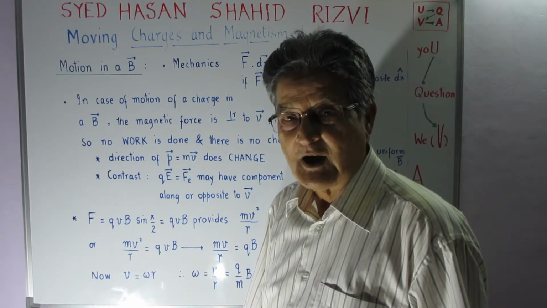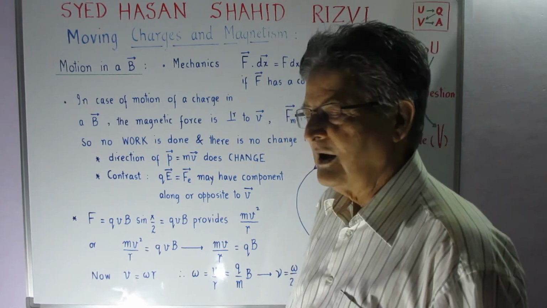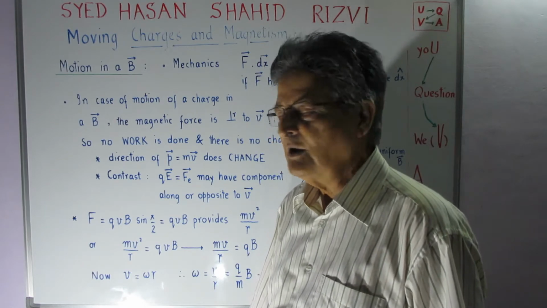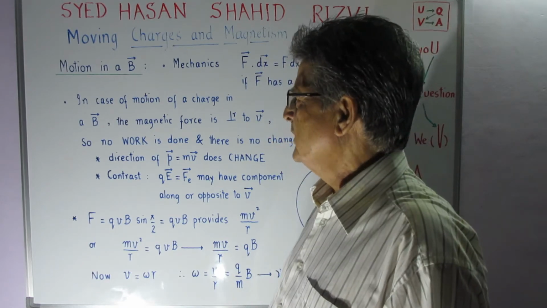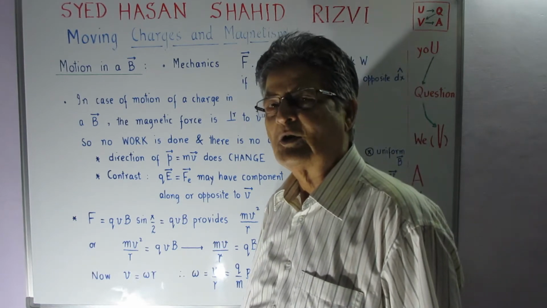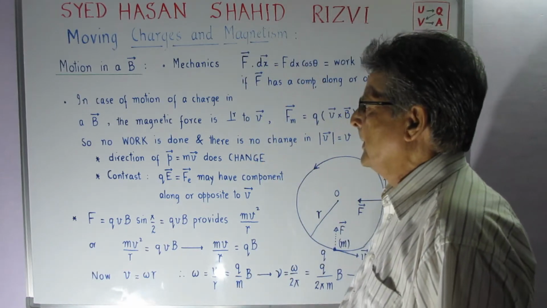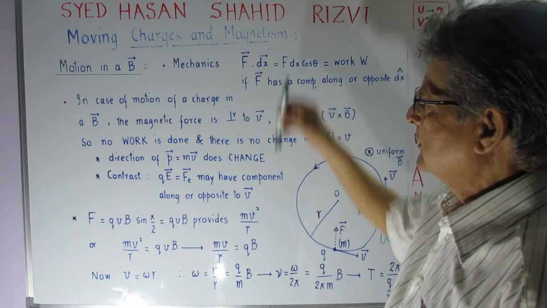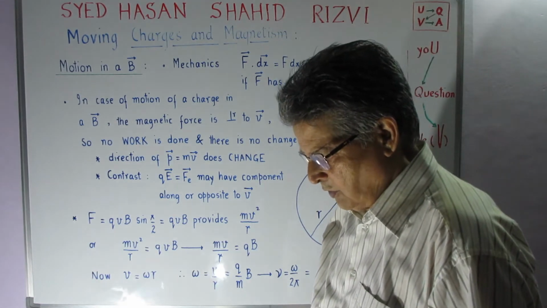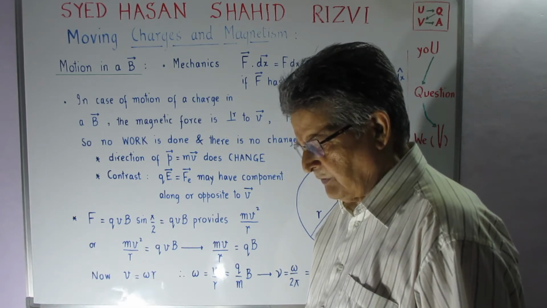In fact, it is I L cross B, so ILB sine of theta, but my teacher told me to call it Bill sine theta, and I remembered it for a long time as Bill sine theta, the force which works on a current carrying conductor. Now friends, we are going to talk about a little bit of a different aspect,